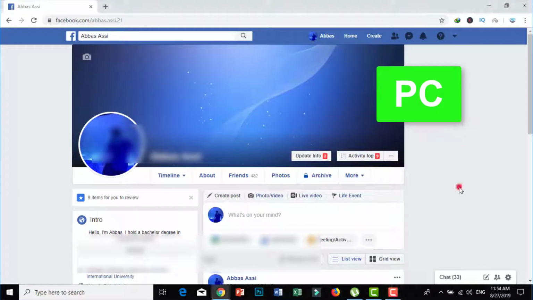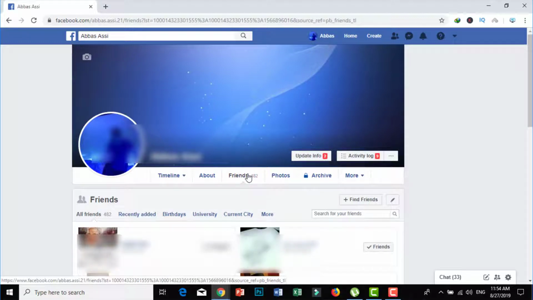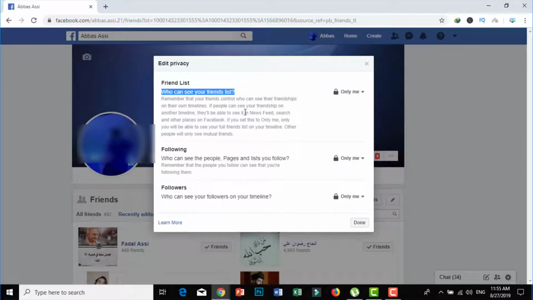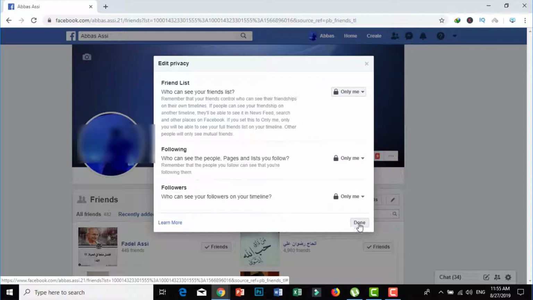Hello guys, now we will learn how to hide your Facebook friends list. Simply in your profile, go to Friends tab, click it, then go to the right side, press Manage, then Edit Privacy. Okay, in the friend list section, who can see your friend list, select only me. Simply guys, that's it. As you can see,